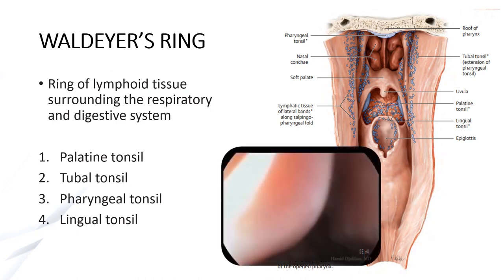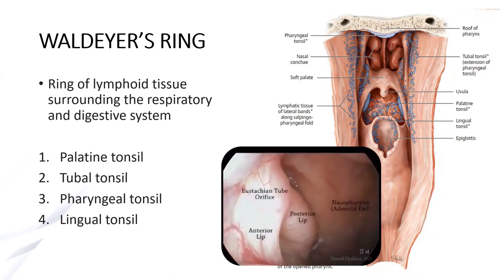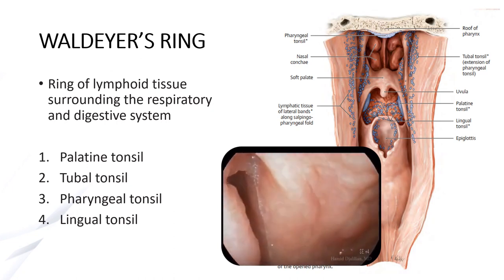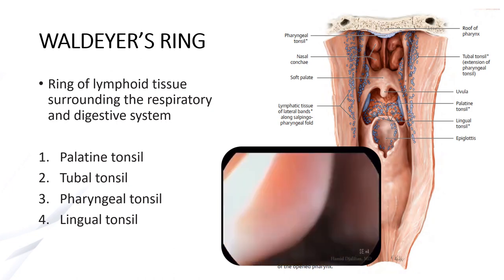Okay, so if you can remember, this is the nasal endoscopy. We're entering the right nasal cavity. Okay, so this is the Eustachian tube here. This is the anterior lip, posterior lip, and we have the orifice here. Okay, this is the torus tubarius here. Okay, and posteriorly, this is the nasopharynx. And if there are enlarged adenoids, we can see it there. Okay, and posterior to the torus, we can see the fossa of Rosenmuller, which is actually a common area for malignancy, or where we commonly look for malignancies in patients with suspected nasopharyngeal carcinoma.